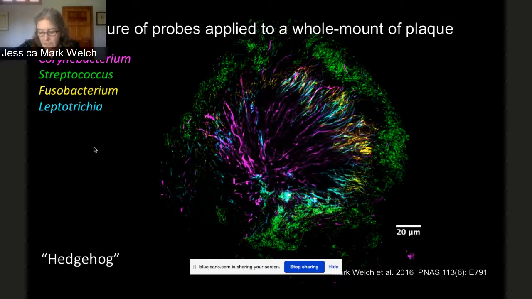We have to fix the sample to do this procedure, so everything, unfortunately, is not live but fixed. And then we drop it on the slide, apply the probe set, do our imaging, and we get this kind of an image,